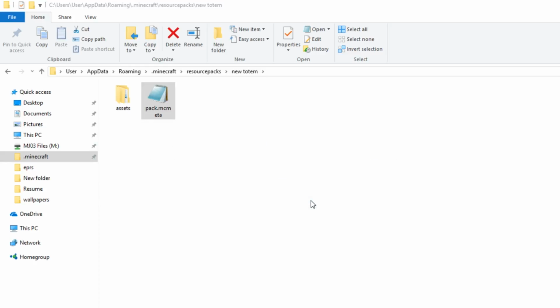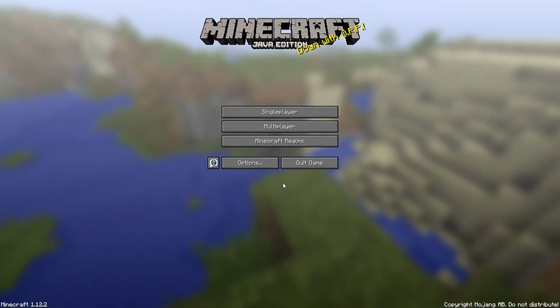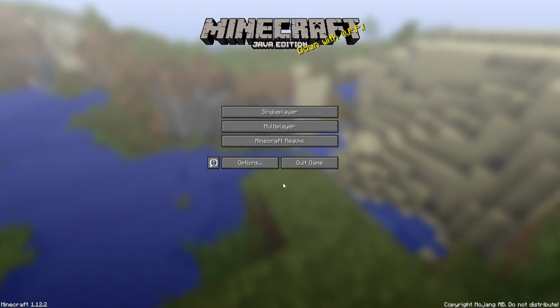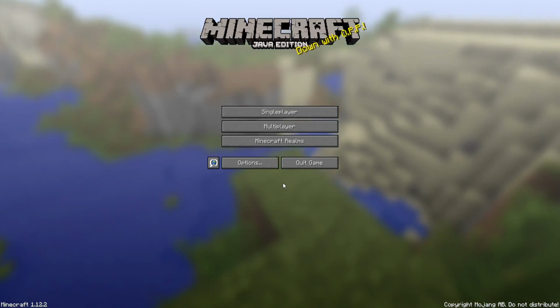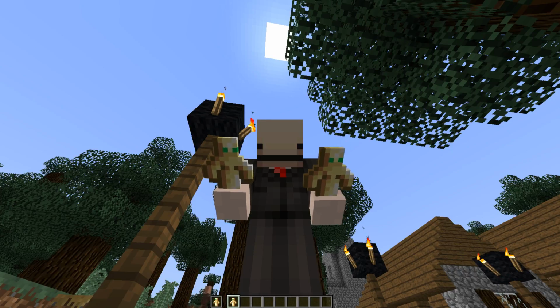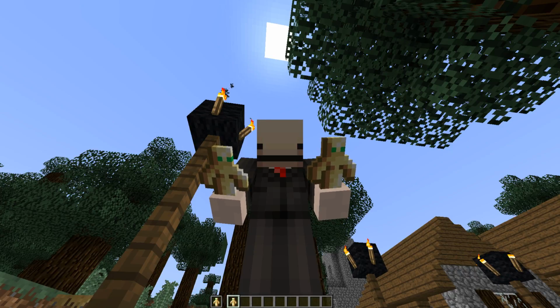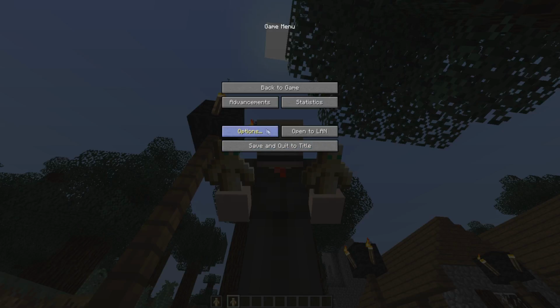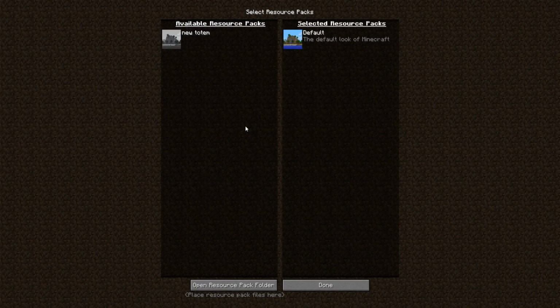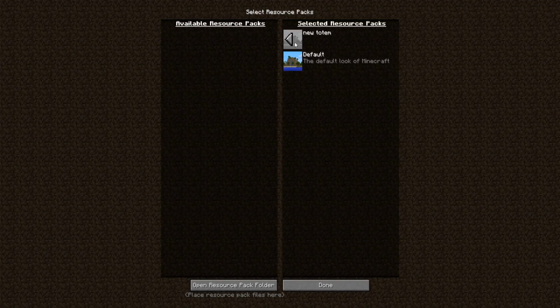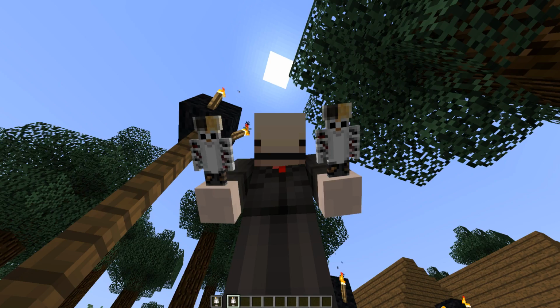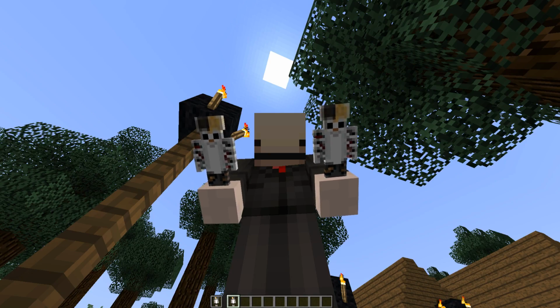Now let's go ahead and open up Minecraft. So go ahead and start up Minecraft, and you can either go into a single player world or a multiplayer world. Okay, so right now we're looking at the standard texture totem. So let's go ahead and load up our custom. So go ahead and press Escape, go to Options and Resource Packs. And in here now, you'll see where it says New Totem. So if you didn't have that pack.mcmeta, it would not show up in here. So you kind of need that in there. Go ahead and click on the right arrow to pop it in the selected resource packs and click Done. And just like that, we have our custom totem.